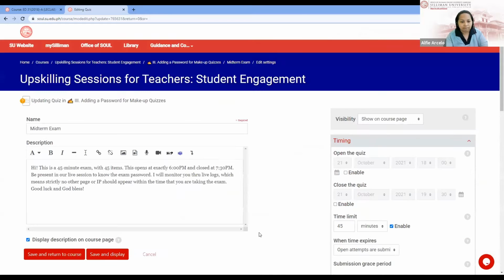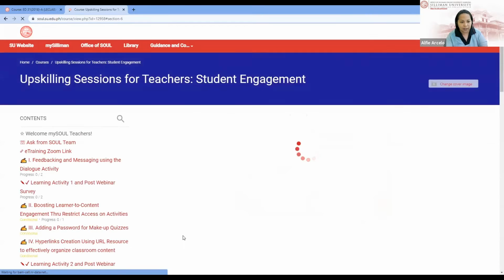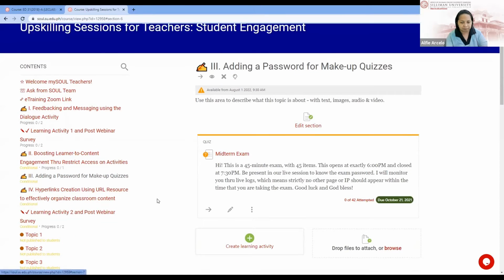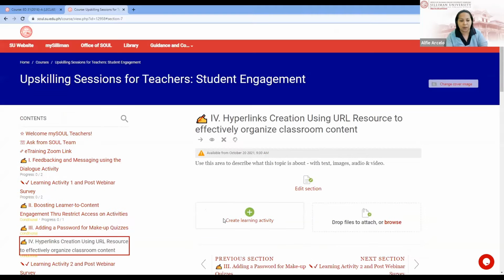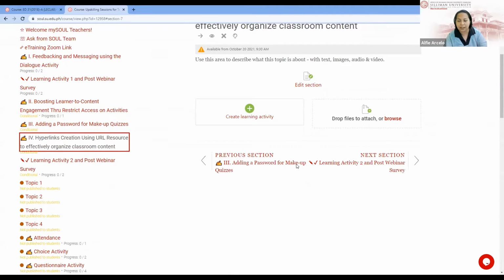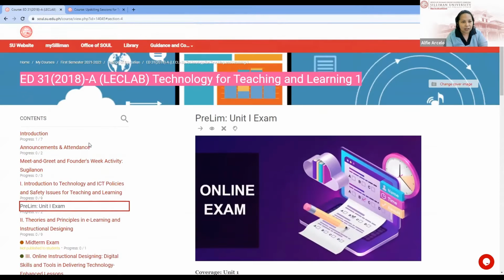Okay, and then for our next topic, we have hyperlinks creation using URL resources. We have noticed that most of our teachers have just this kind of,